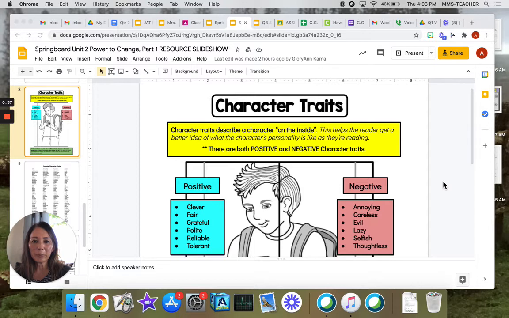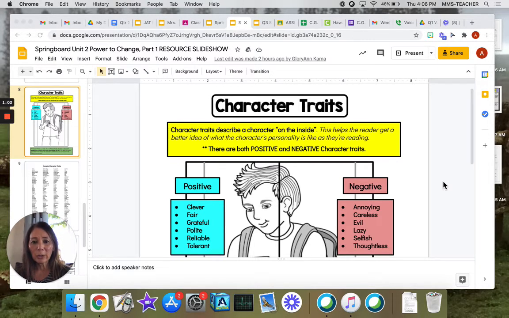Now, this is what I want you to take notes on. Take notes, what you see in yellow, write it on the bottom, okay? Or if you have room on the top, you can write it on the top. But if you don't have room like me, write it on the bottom. So on the bottom, or on the top if you have room, please write in your composition book, character traits